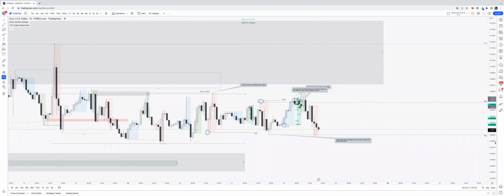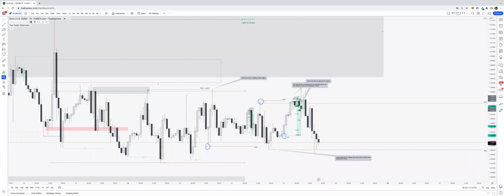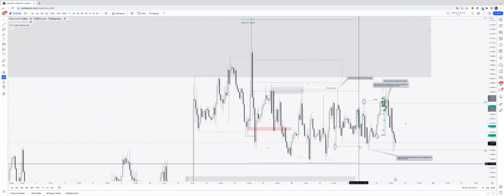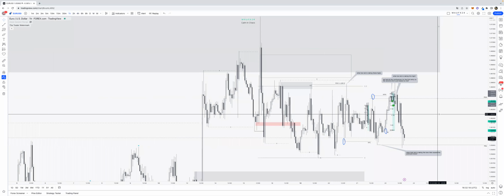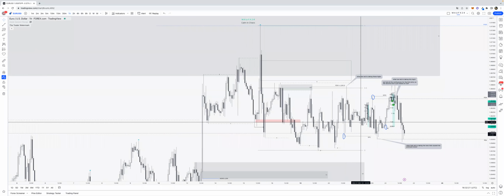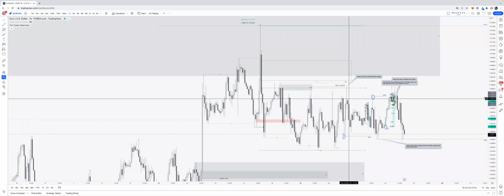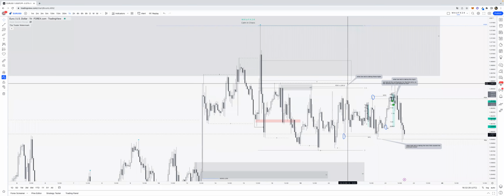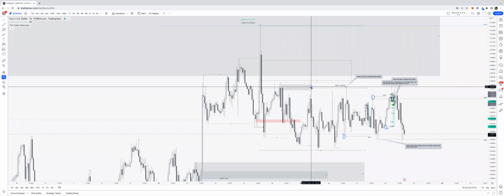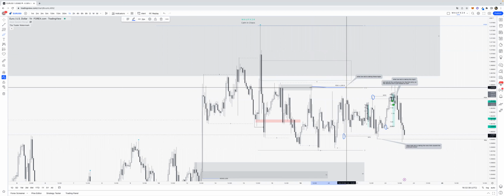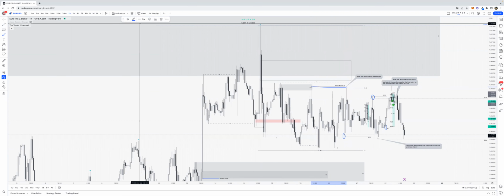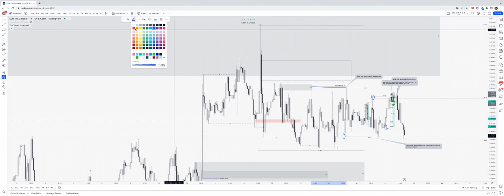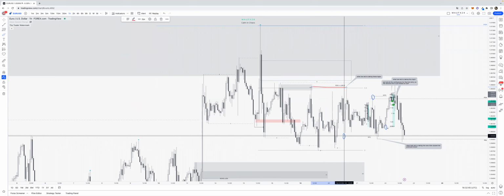Going down lower, when we range, we can play liquidity and not so much the structure, but focus on liquidity. So we had this low, and this low led to price breaking this high. So let's draw it out. This high is, oh, that's ugly. This high is taken, and the cost of that high being taken was this low.